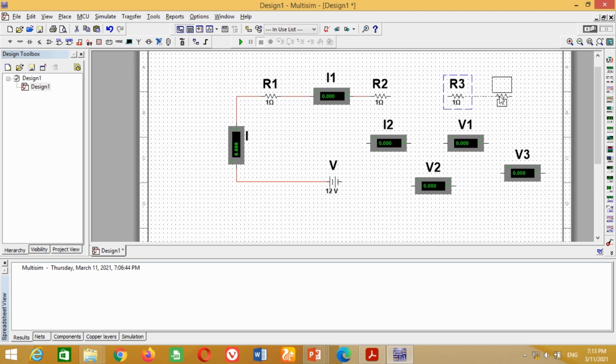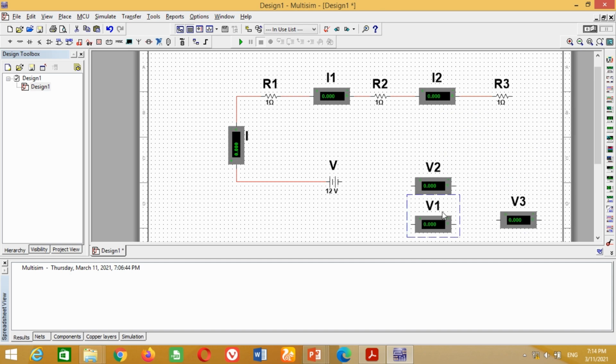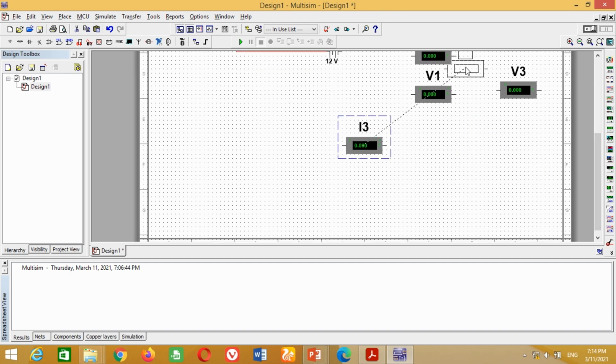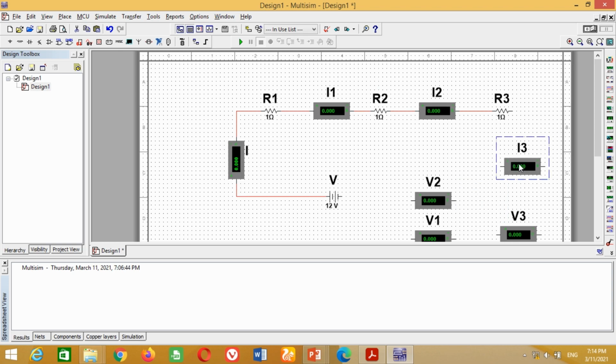Similarly, connect the ammeter I2 between R2 and R3 to measure the current I2. Similarly, connect the ammeter I3 between R3 and the battery to measure the current I3. At this stage, all the ammeters are properly connected.